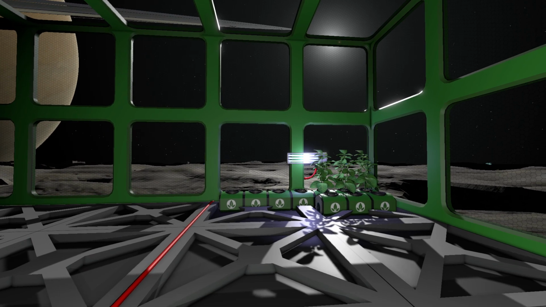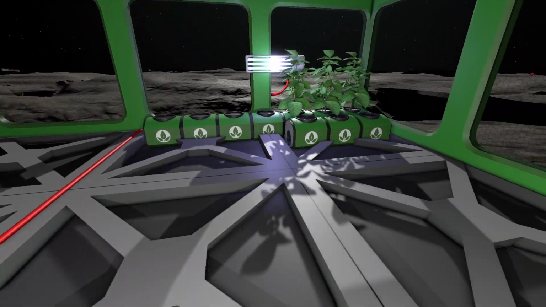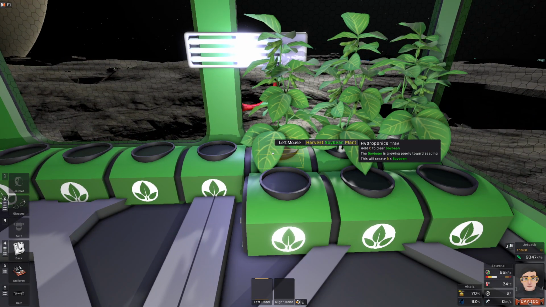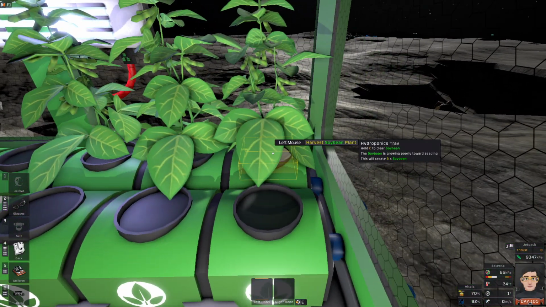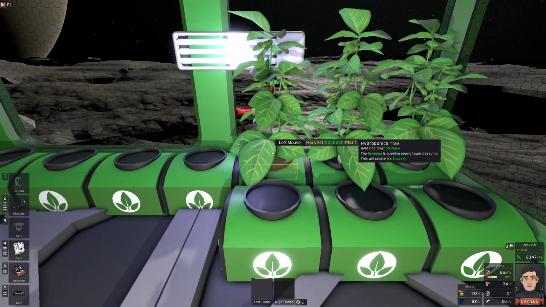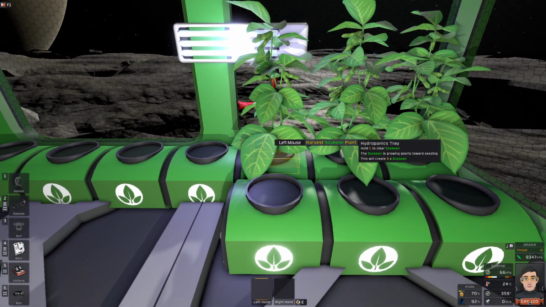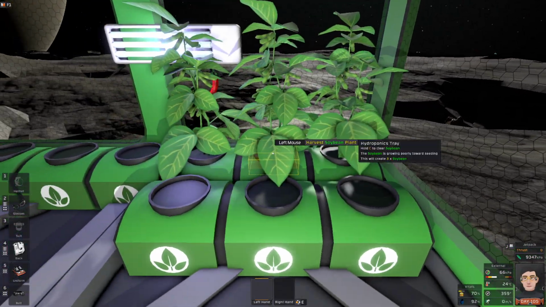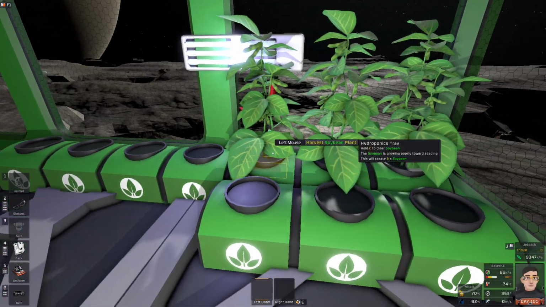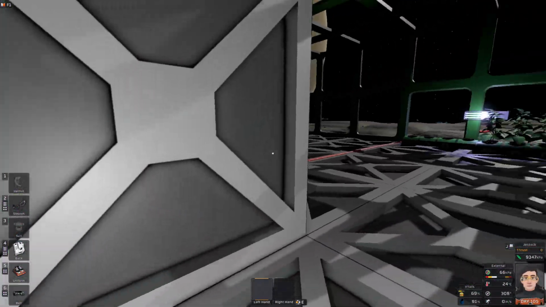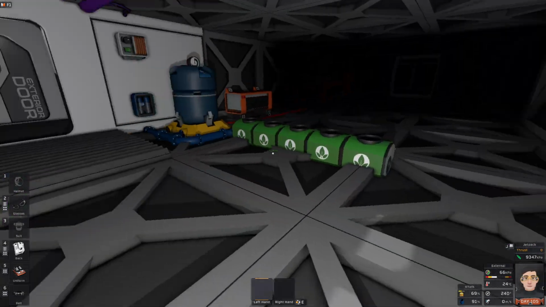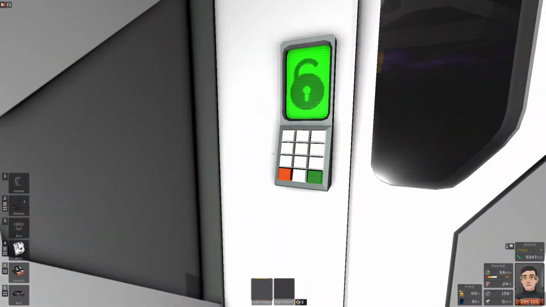Alright, we're back on Mimas, and as usual, we have a little problem. I'm looking at the soybeans and it says they're growing poorly towards seeding. Yes, they've actually got soybeans right now, but the next stage is to seed, and we want to figure out why. The temperature is pretty good, the pressure is good. It means there's some kind of problem,